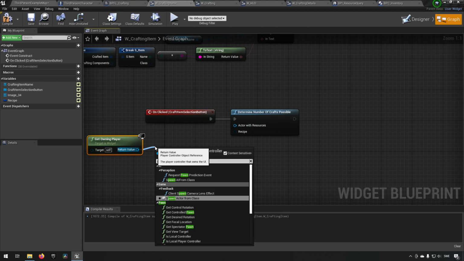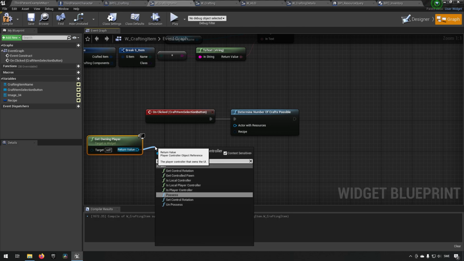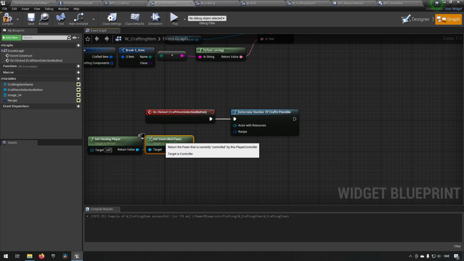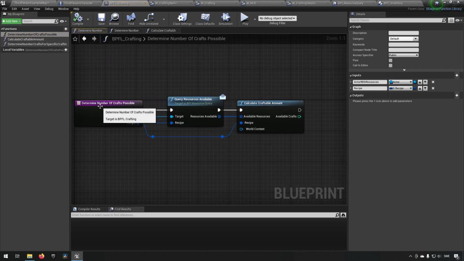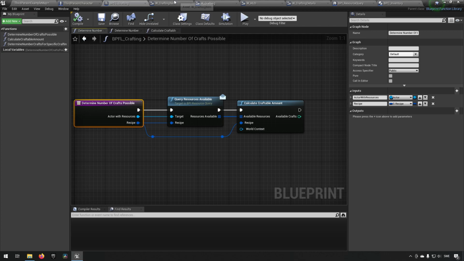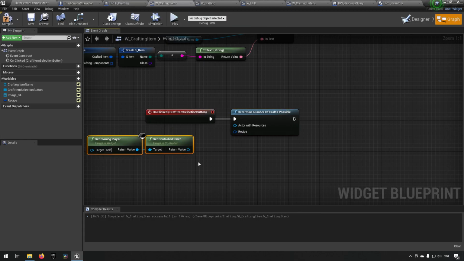Pawn. Get control pawn. The reason for this is that we said in the function library here that the determine number of crafts possible needs an actor with assets sent in. And that is what this character is. So this will be the character that gets